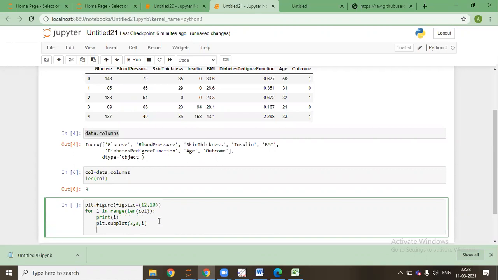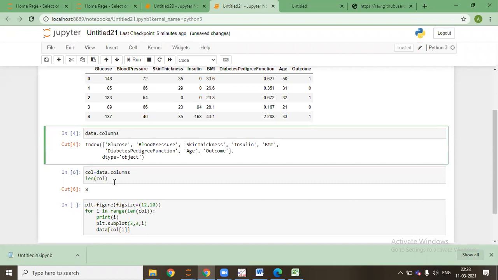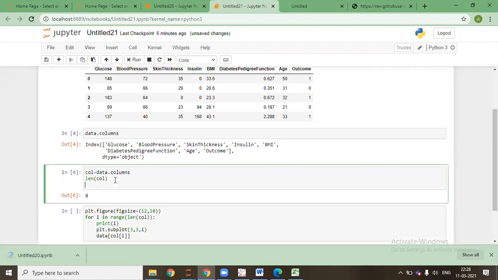So I'll say data of column i, which means I have been referring to a particular column here.